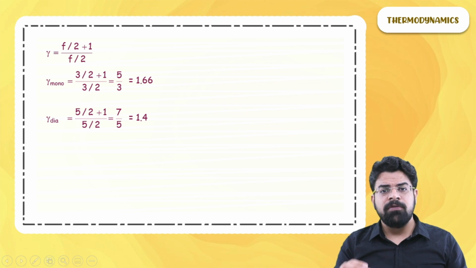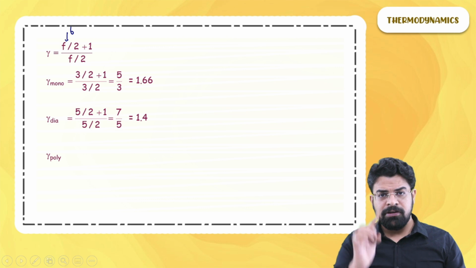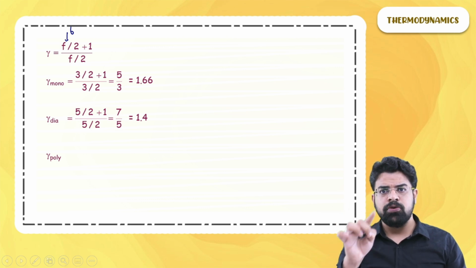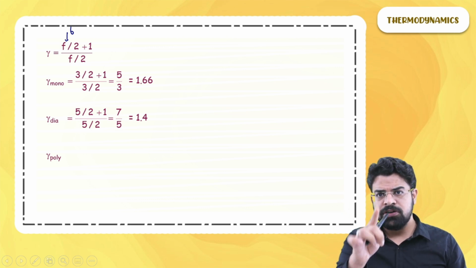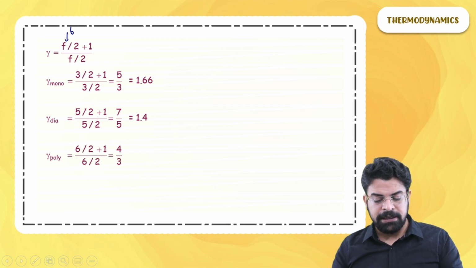What will be the gamma for a polyatomic gas? For a polyatomic gas, the degree of freedom will be 6. So you will write (6 by 2 plus 1) upon 6 by 2, and 6 by 2 plus 1 upon 6 by 2 gives you (3 plus 1) upon 3, that is 4 by 3. And 4 by 3 can be written as